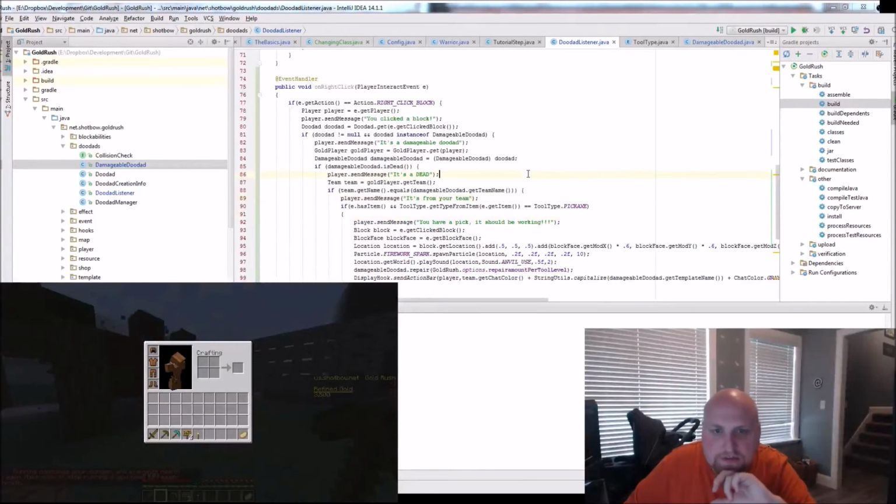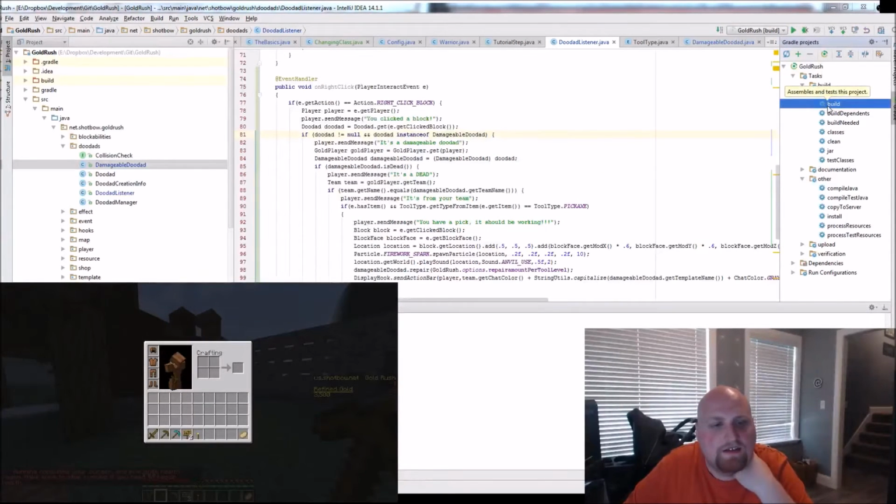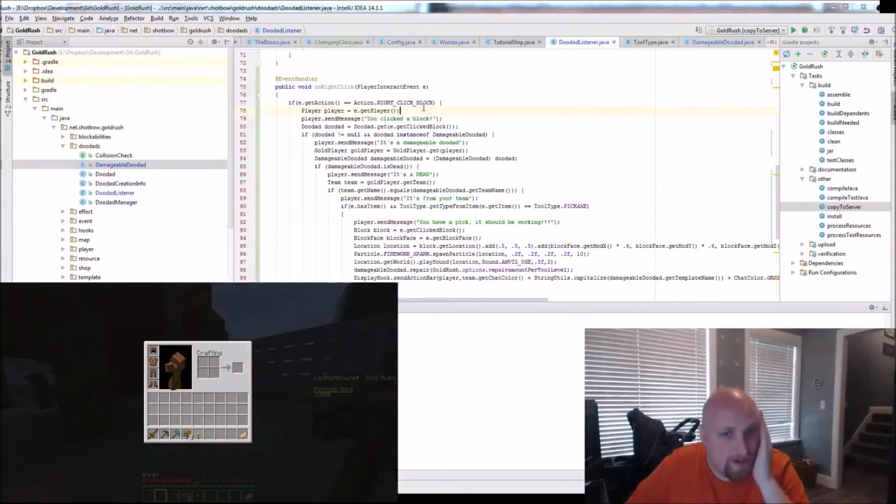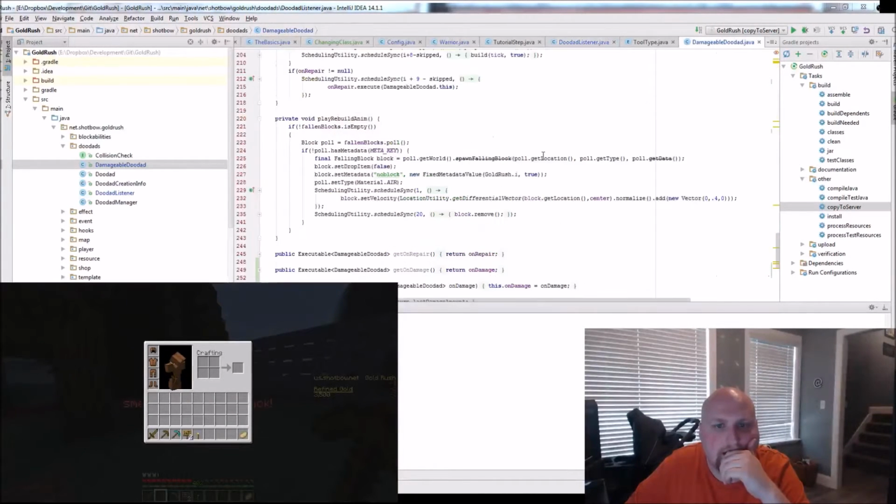So over here, I've added a bunch of really terrible debug text, just to try and figure out why I can't repair, right? Because I probably did something really, really stupid. And I'm trying to look at, so we can evaluate this logic. I've got an if statement here. If it's a right-click block, I get the player and send them a message, you clicked a block. We grab a doodad from the block. Let me go ahead and check real quick. Damageable doodad in death,